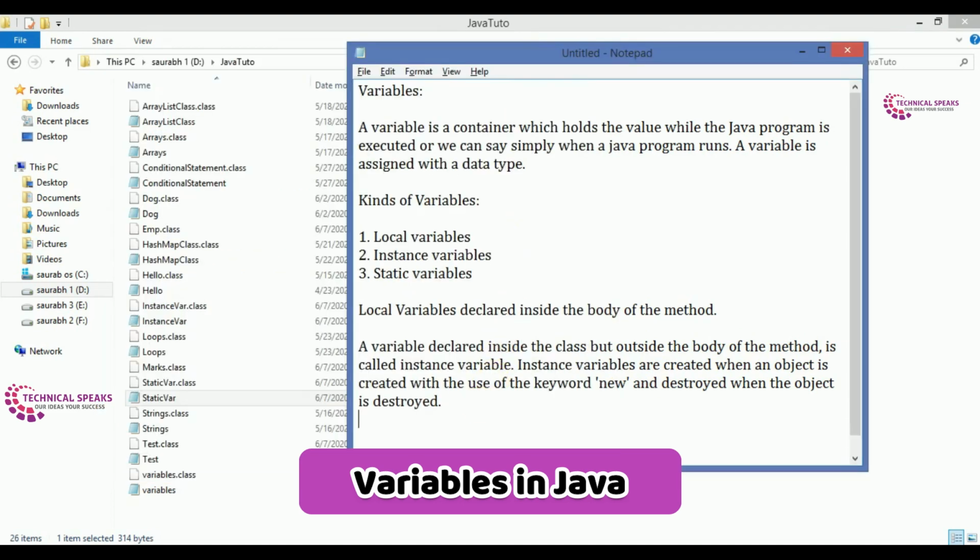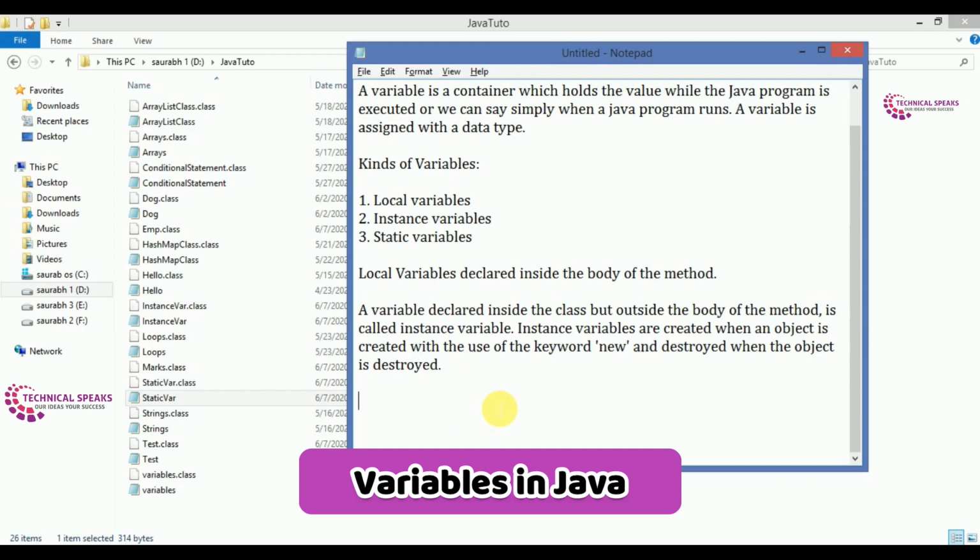So what are static variables? First of all, static variables are also called class variables, and this is much similar to the instance variables. I just number it so you can find it more clear.